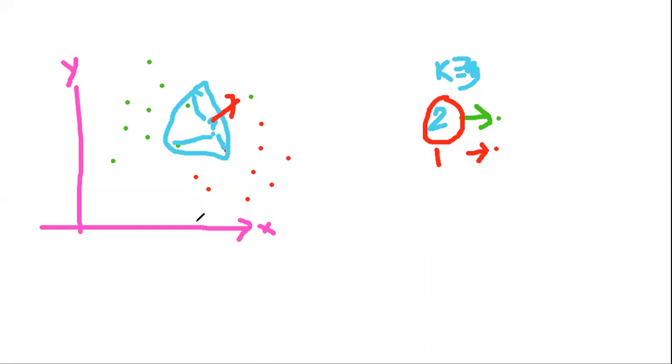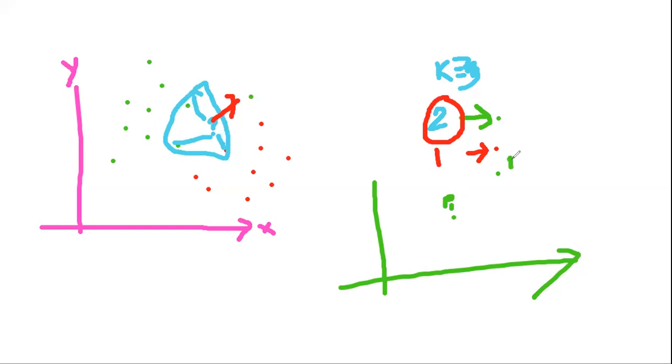To calculate this distance, we need to consider the Euclidean distance measure. Let us assume we have a new data point, which is our question data point. I'm calling it point 1, and I'm calling this one point 2. Between these 2 points, I want to calculate the Euclidean distance. P1 is our question point, whereas P2 is our actual point.